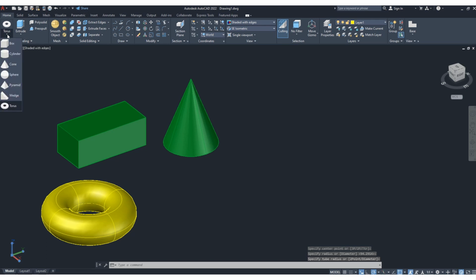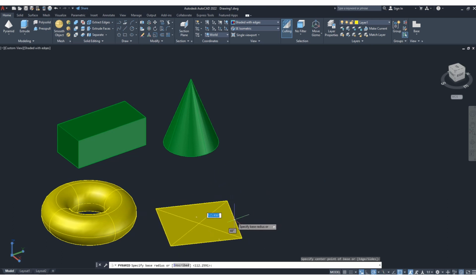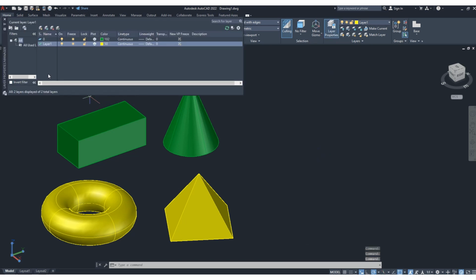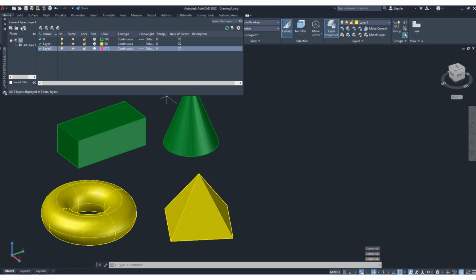Okay, let's draw another one. Suppose pyramid. You can specify the height. Okay, let's create another layer. For this, we'll select different color here, not this one, this color. Okay,